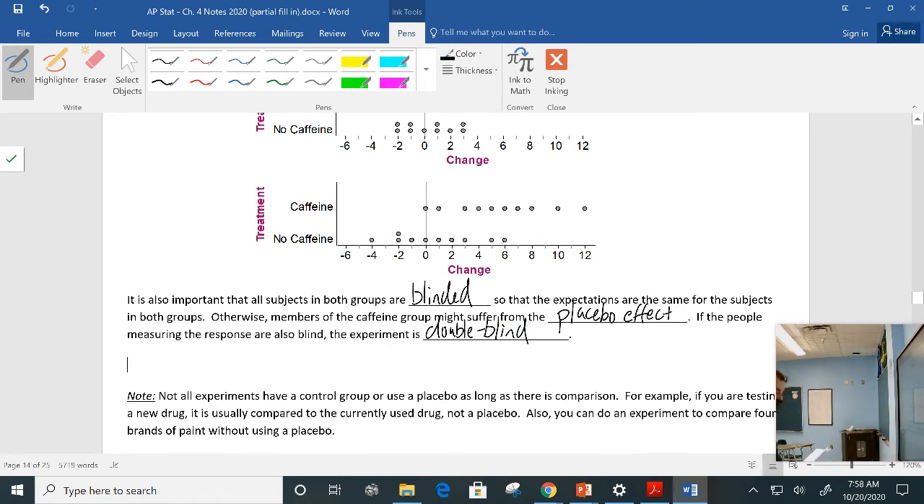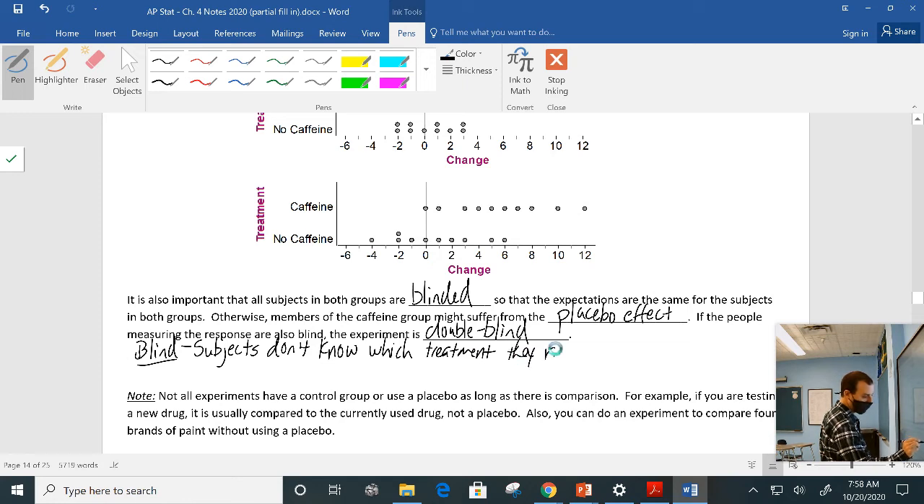So blinded refers to when the subjects don't know which treatment they're receiving. Double-blind means that the subjects and those interacting with them don't know. So again, blind means the subjects don't know which treatment they're receiving. Double-blind, both the subjects and those interacting with them